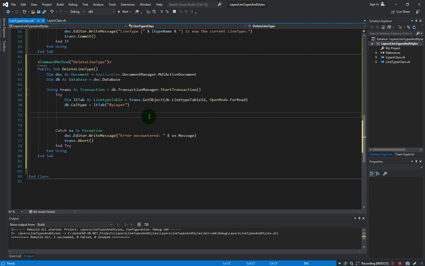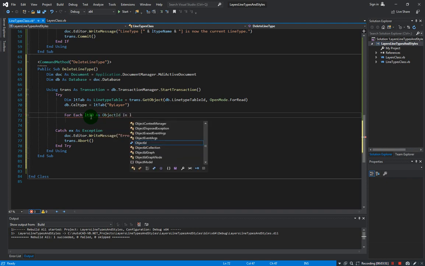The way to do that is to loop through the lt tab table, and then we will be checking every single LineType in the loop, and if it's the -2 LineType, then we are going to delete it. So how do we do that? We use the For Each statement. For Each LineType ID as ObjectId in lt tab,